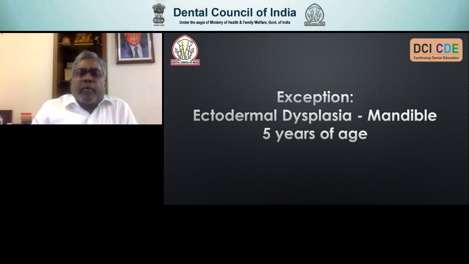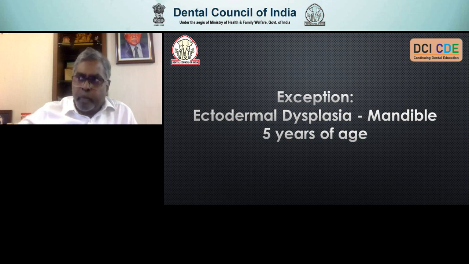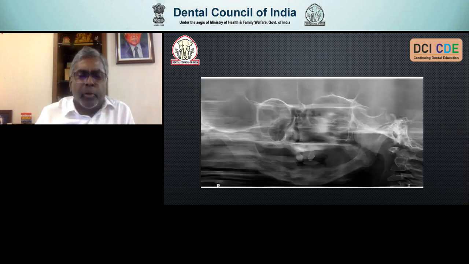Especially if the patient needs a restoration in the mandible. There is literature to show that implants are placed as young as 3 years of age. So we had a patient of ectodermal dysplasia who was 5 years old. So we knew we could do that because most of the mandibular growth is complete by that age in a